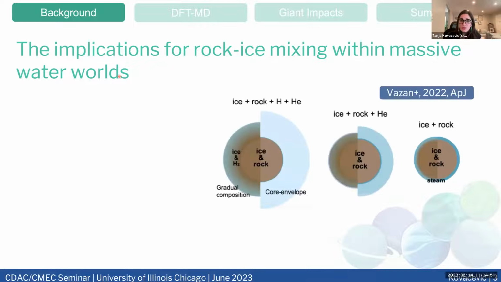So in 2022, Alana Vassan asked the question about a mixed water world interior, and she investigated in that paper the thermal evolution of water-rich exoplanets. However, because there weren't any rock-ice mixing simulations, calculations, or experiments done to determine whether rock and ice mix, she made the assumption that beyond the secondary critical point, so a secondary critical point is pretty much where you have two materials that mix and you can't tell them apart, she assumed that beyond that point, rock and ice should mix in all proportions.